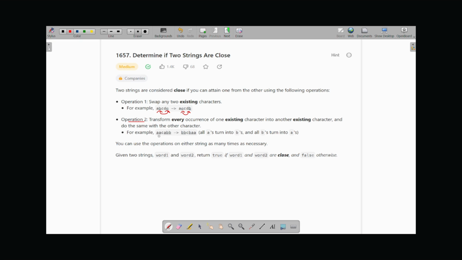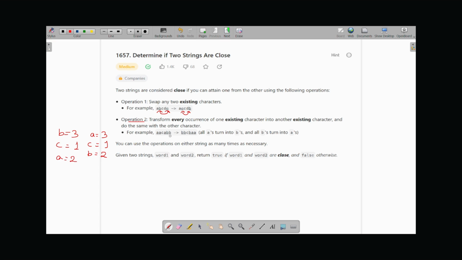Here the occurrence of A is 3, the occurrence of C is 1, and the occurrence of B is 2. In order to get a string which has the occurrence of B as 3, the occurrence of C as 1, and the occurrence of A as 2,